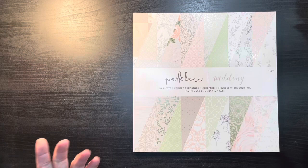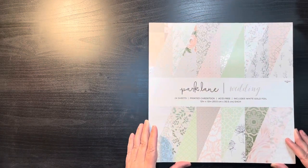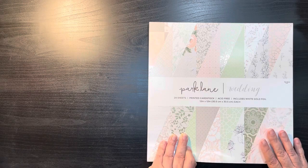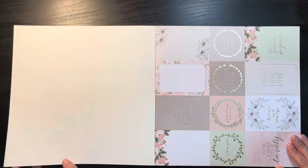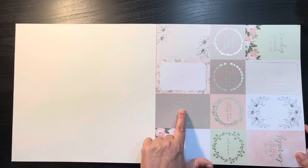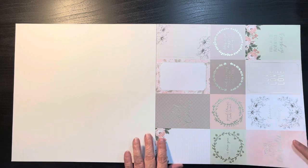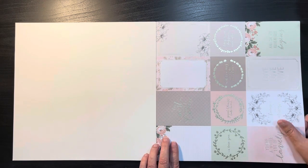And then, again, going with the wedding theme, this is Park Lane Wedding. I have several different weddings that I'm scrapbooking still, so I thought this would come in handy, but you don't necessarily have to use it for a wedding. So you have your cut apart cards. The best is yet to come. I love that and it can go with that other pad. Even just for a simple layout on your mom or whatever, that's just a very pretty